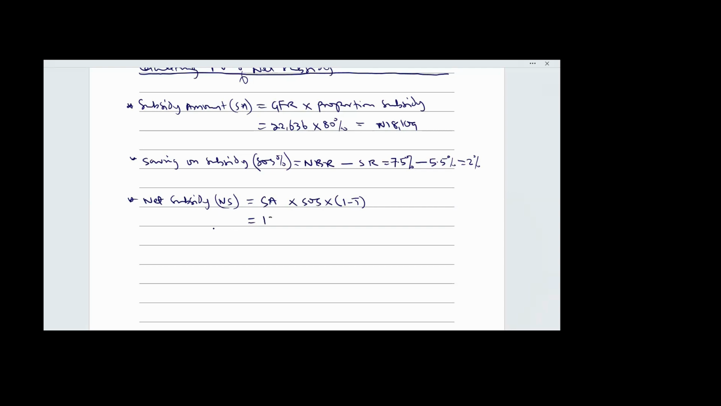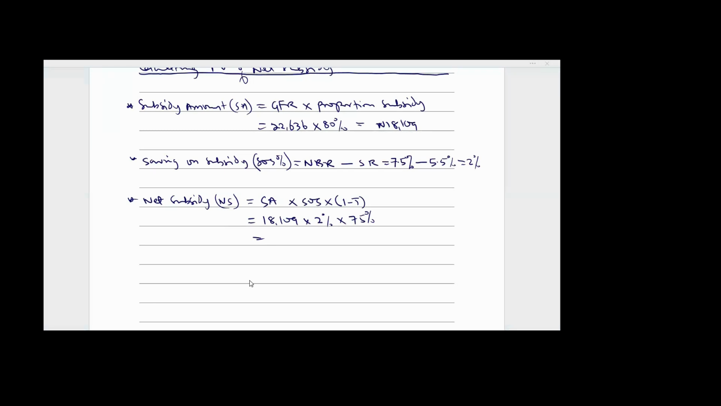Subsidies amount is 18,109 multiplied by savings of 2% multiplied by 1 minus tax rates. Tax rate is 25%, so we are supposed to account for 75%. Therefore, net subsidy would then be equal to,